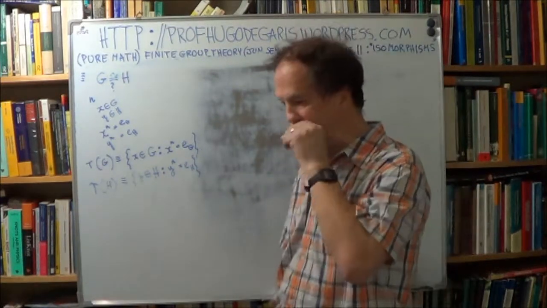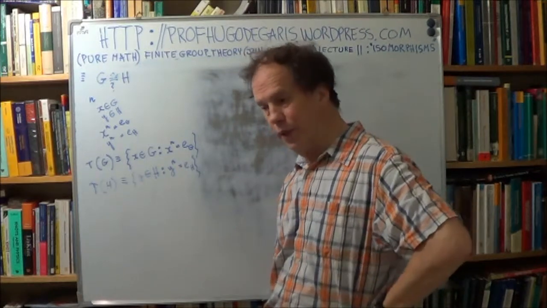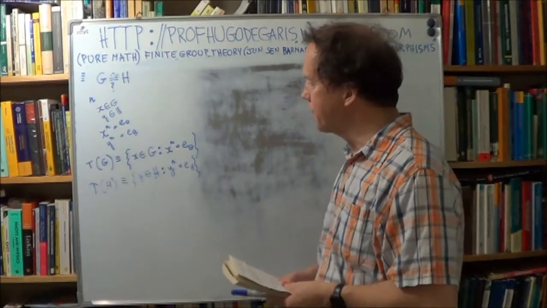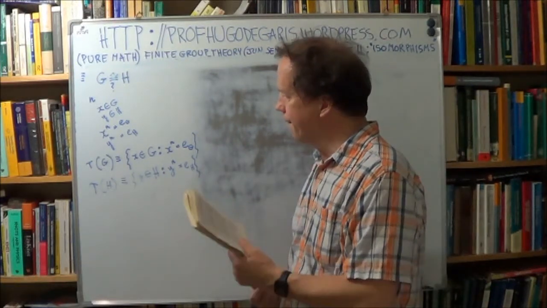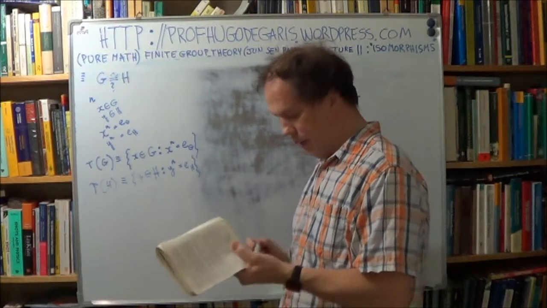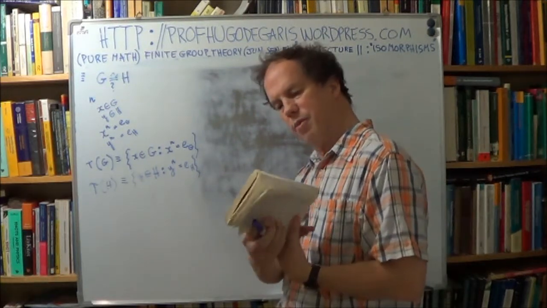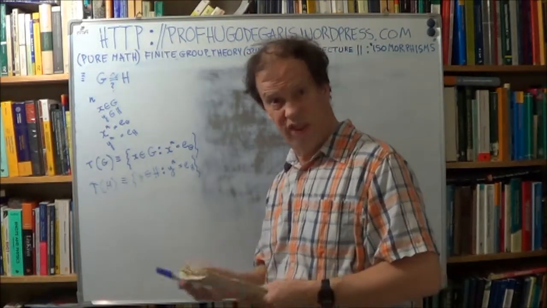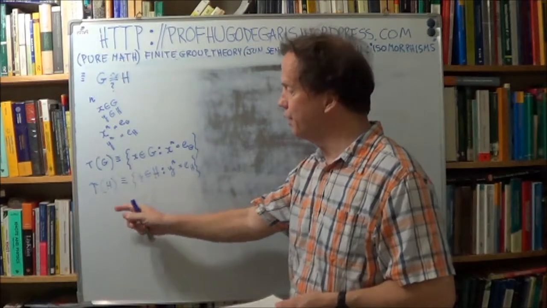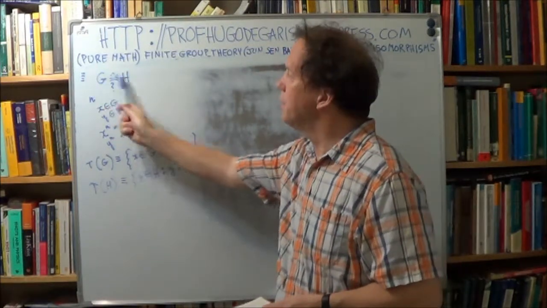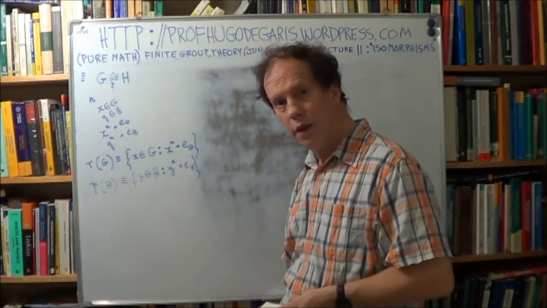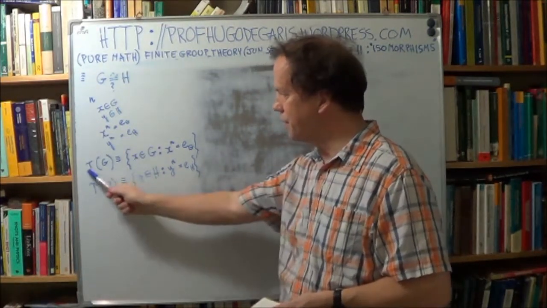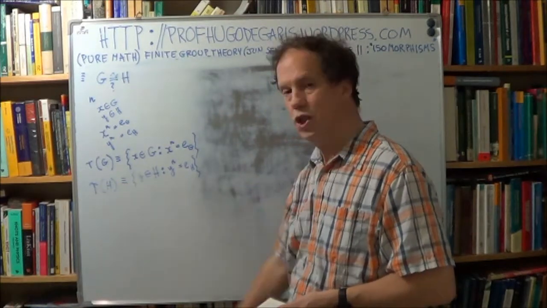Alright, now before I get into an actual proof, let me give you the big picture, the motivation. Here's the theorem, although it's not a theorem number in the text, but he does prove a theorem in effect. Here it is in words. If these two groups are isomorphic, then the size of these two sets, the size of T of G and the size of T of H,